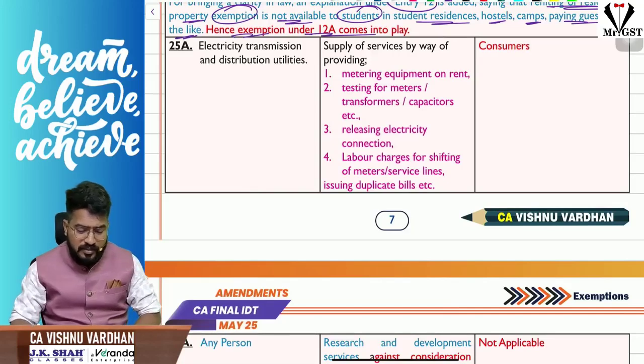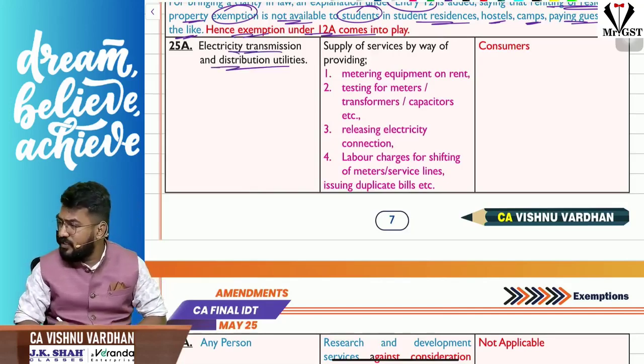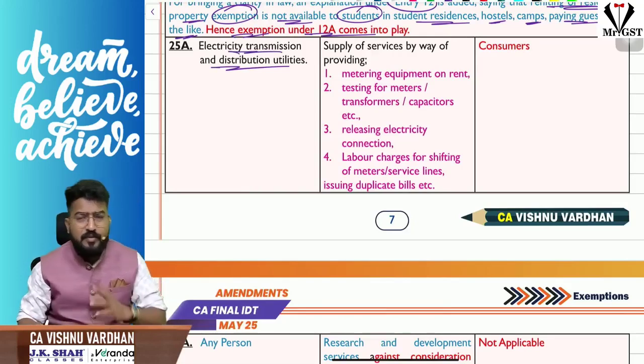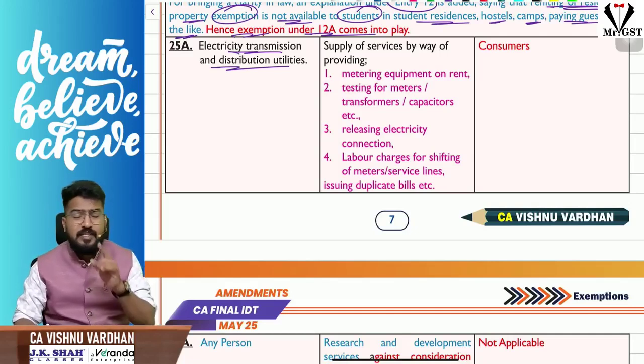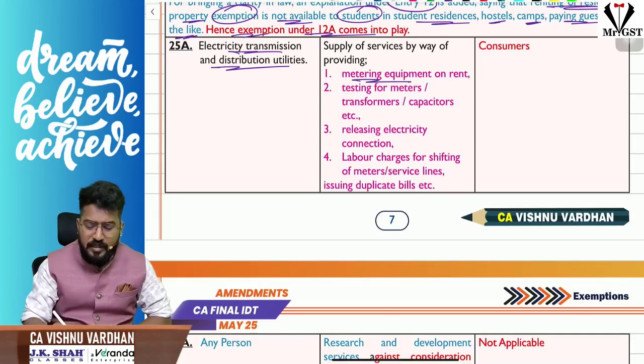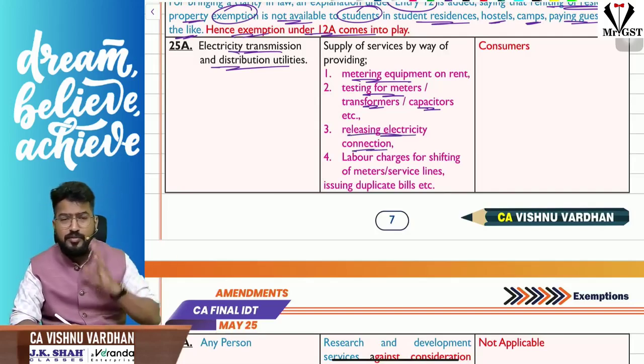25A. If you see 25A, this is nothing but electricity transmission and distribution utilities. The electricity transmission and distribution utilities provide services by way of transmitting or distributing electricity. If you see, there is an exemption for that. And earlier, if they were providing any metering equipment on rent, or if they were coming and testing the meters, transformers, capacitors, or releasing an electricity connection that had been kept on hold because you had not made the payment,